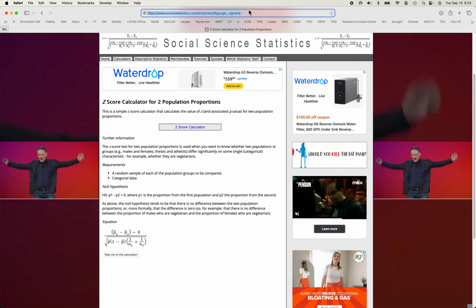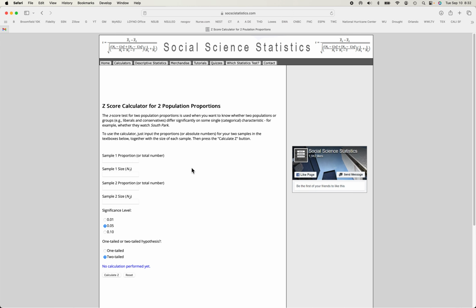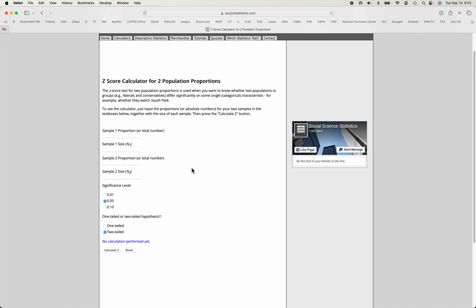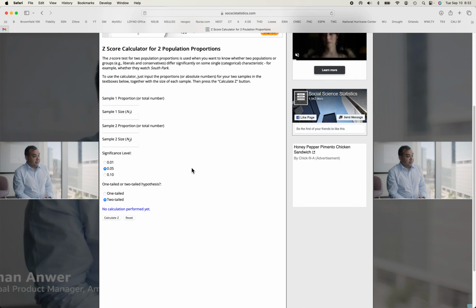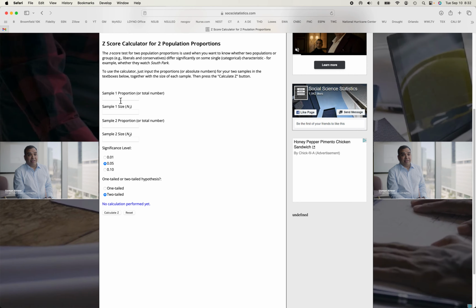These are both free apps, or free websites you can access online. In the first one, when you go into the social science statistics link that I gave you, you'll get a page that looks like this, and we're simply going to enter the z-score calculator. The z-score calculator is what I consider to be an epidemiology type test. It compares two different rates. So for example,